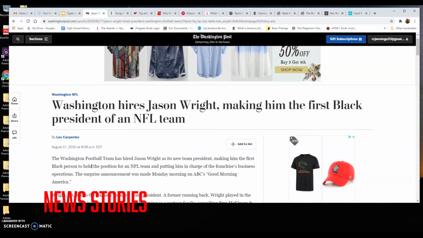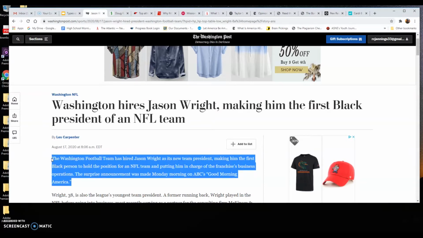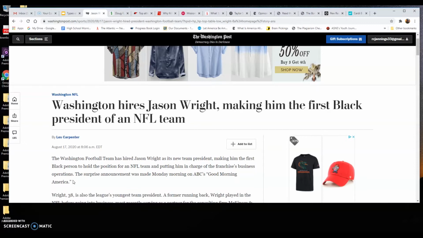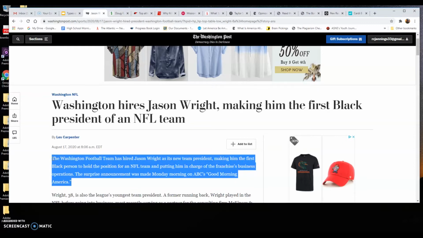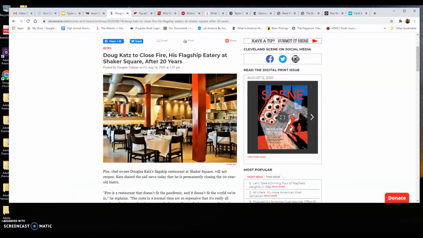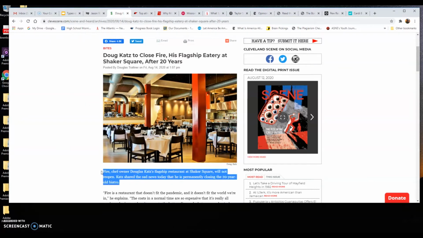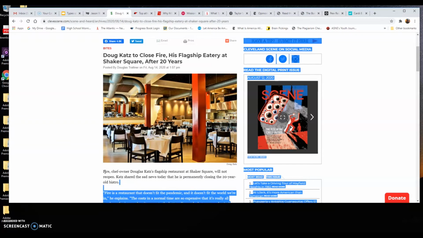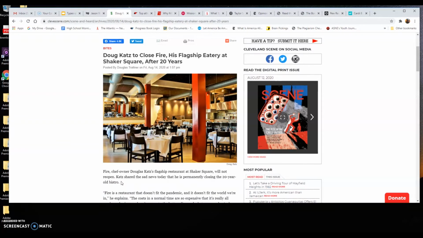So a news story, obviously, the purpose of a news story is to just get information out there as quickly as possible. A good news story, the first paragraph is referred to as a lead. I'll talk more about leads in a future video, but every good journalist knows that a news story has to start with a good lead. A lead pretty much covers the who, what, when, where, why of the story, all of the basic facts of the situation in that one first paragraph, just in case you have readers who aren't going to read the whole story. You know that they're getting those facts right up top.